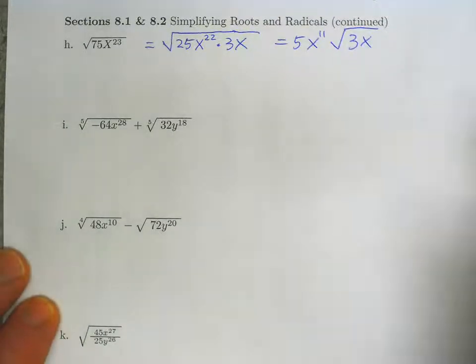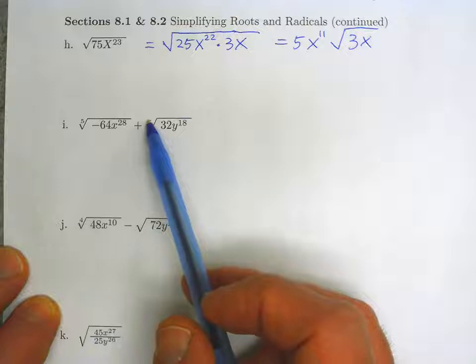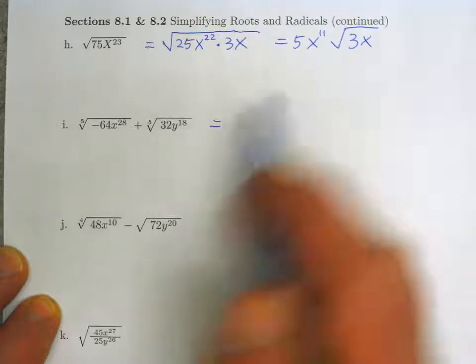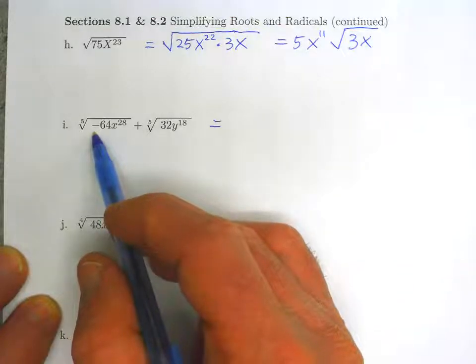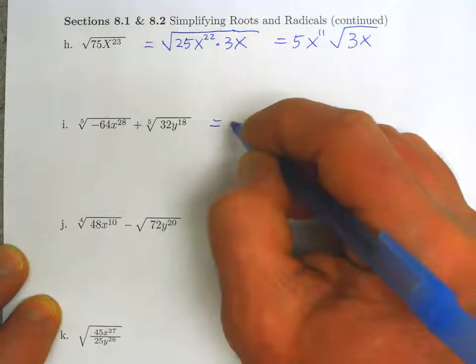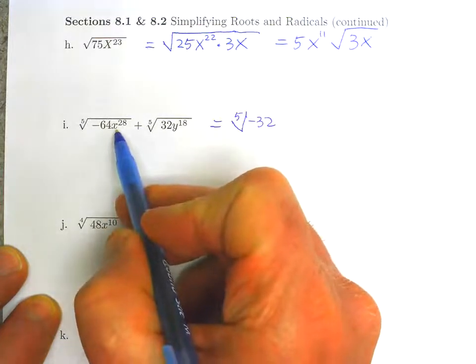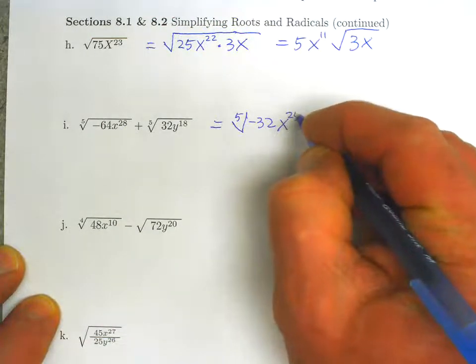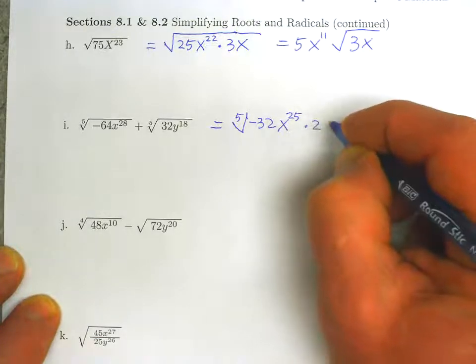Okay, on the next one, the fifth root of negative 64x to the 28th plus the fifth root of 32 times y to the 18th. Fifth roots of negative numbers are just negative. So the negative factor of negative 64 that's a perfect fifth power is negative 32. So we'll write this as the fifth root of negative 32. The largest factor of x to the 28th that's a perfect fifth power is x to the 25th, because 25 is a multiple of 5, and then times 2 times x to the third,